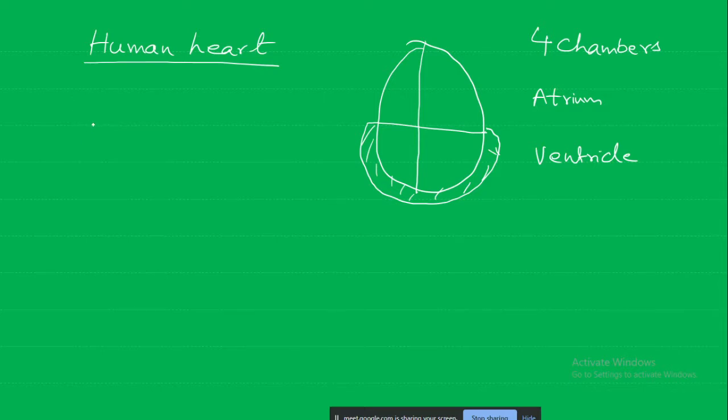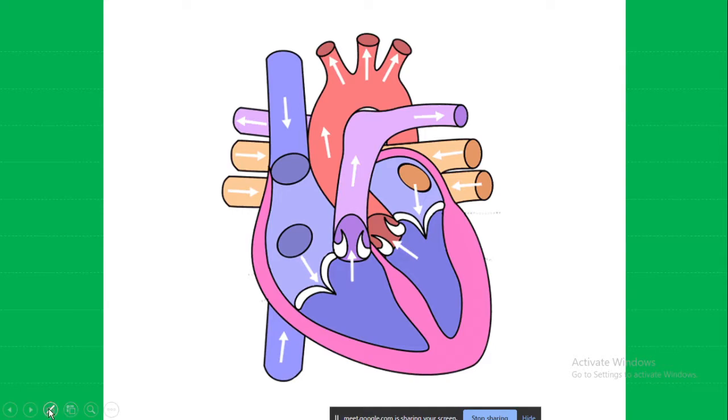Okay. So the left side and right side of the heart. Here, is this the left side or the right side? According to the heart structure, it is opposite here because we are not studying our own heart. We are studying someone else's heart. So this will be the left and this will be the right. This is the first point we should not confuse.